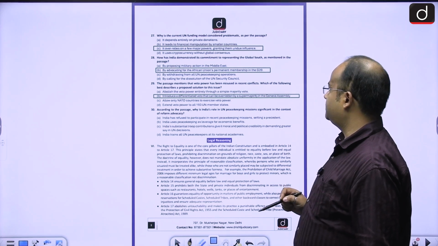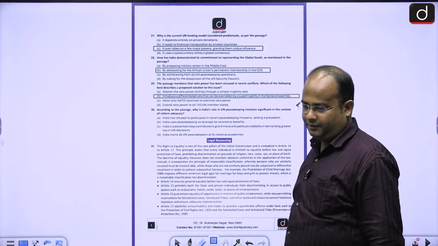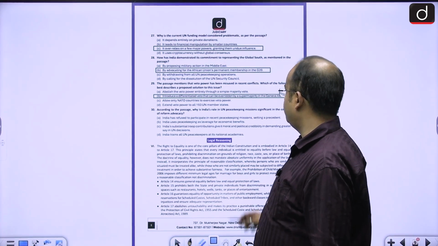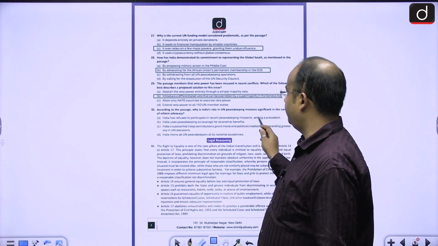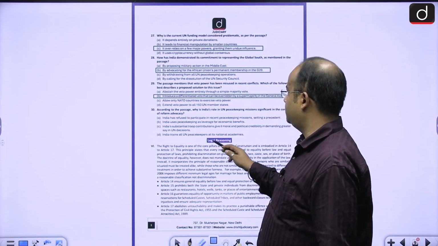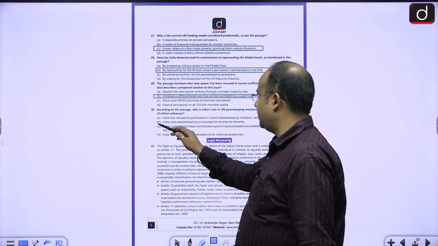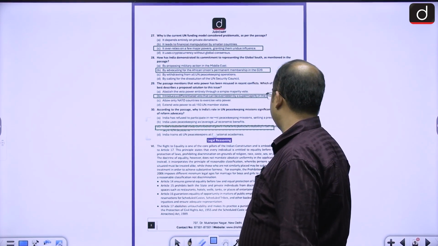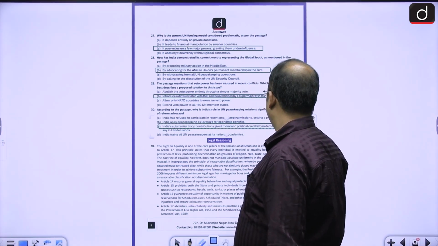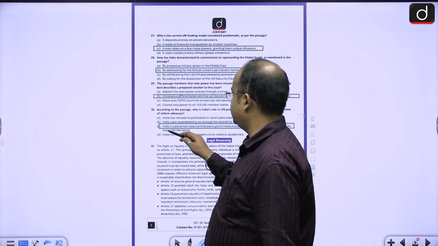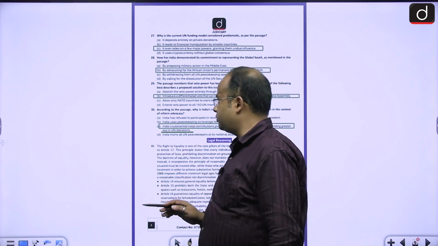According to the passage, why is India's role in UN peacekeeping missions significant in the context of the reform advisory? India has refused to participate in UN peacekeeping missions. India uses peacekeeping as a leverage for economic benefit. India trains UN peacekeepers in its national academies. नहीं। तो करेक्ट आंसर क्या होगा कि India's substantial troop contribution gives it political credibility greater than says United Nations decisions। तो इसका करेक्ट आंसर होगा दोस्तों ऑप्शन सी।